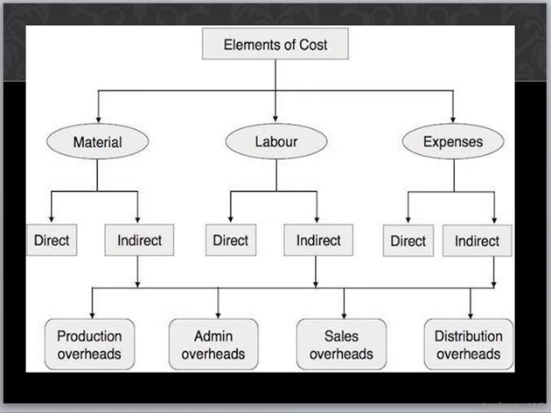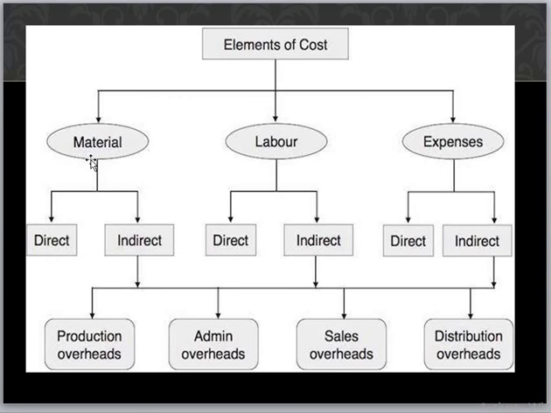In the process of production or manufacturing, the three elements which are required are, the first one is the raw material, which is converted into work in progress and then to finished goods. Second one is the labor, who will convert material provided into saleable form, and the third one is other expenses.